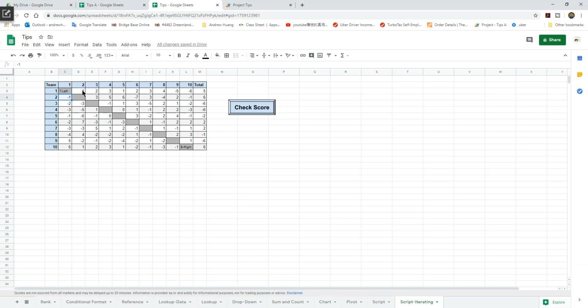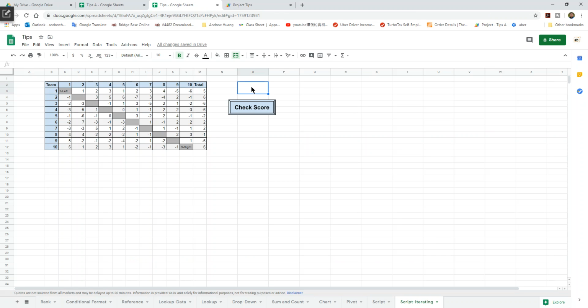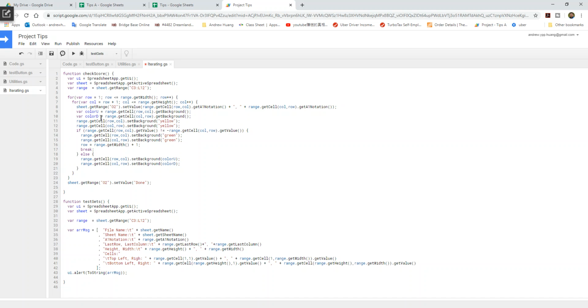This way, because 1 2 and 2 1, 1 2 and 2 1, 1 3 and 3 1, something like that, and get A1 location. That one displays the status into O2. Okay,